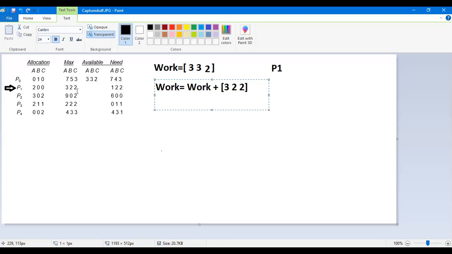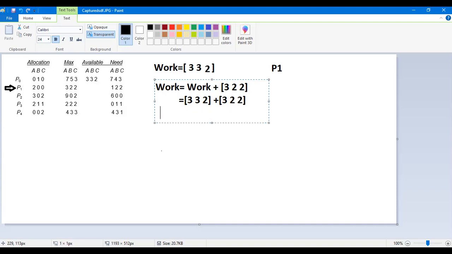In this way, you can say 3, 3, 2 plus 3, 2, 2.